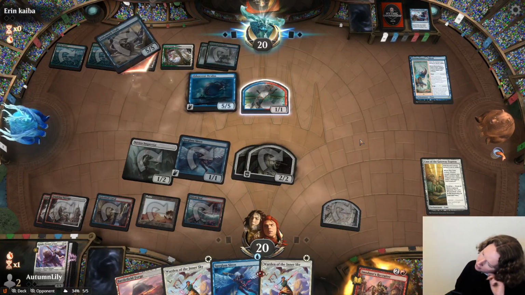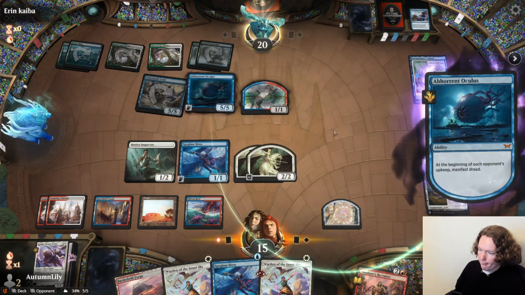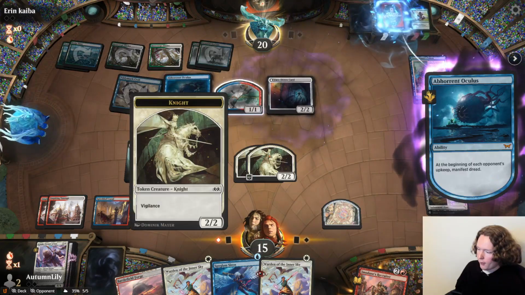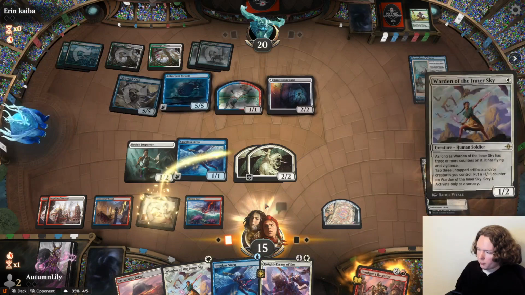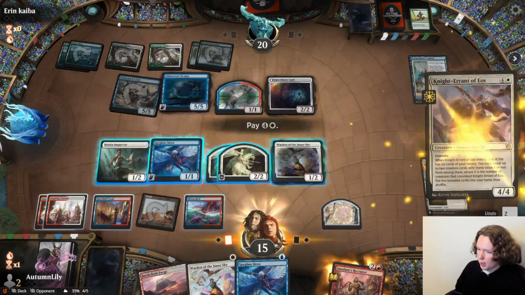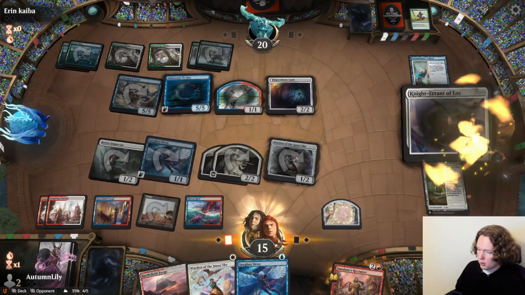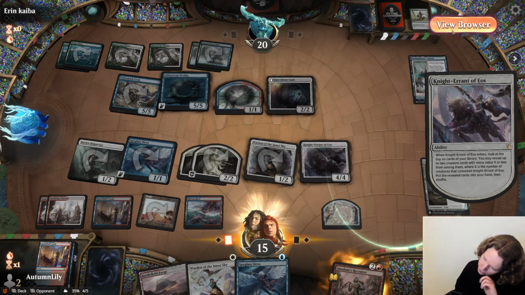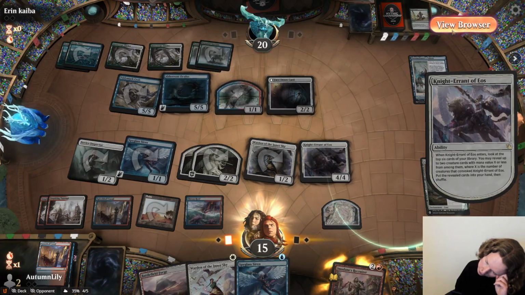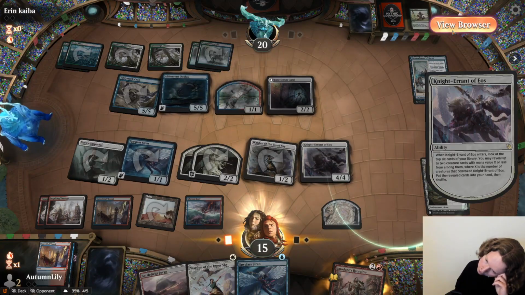Yeah, attacking for 5 here is smart. Sure thing. I'm going to go cast a Warden. Cast a 0 mana Knight-Errant. Grab... I don't know if I'm allowed to grab a second Knight-Errant. It's really tempting. I worry I might die if I do that, but